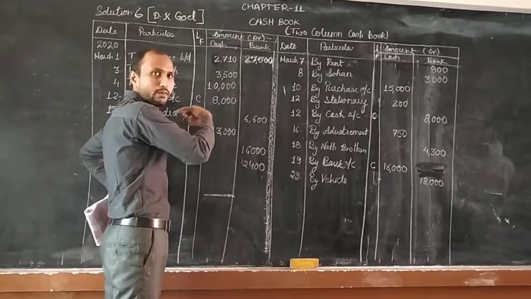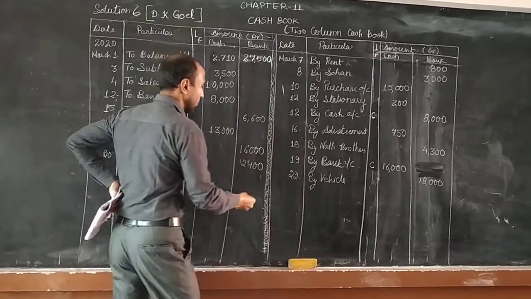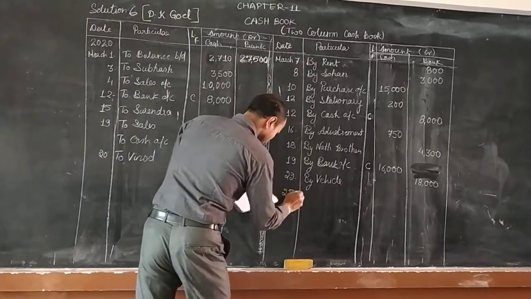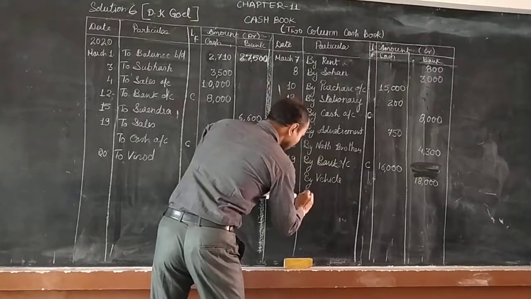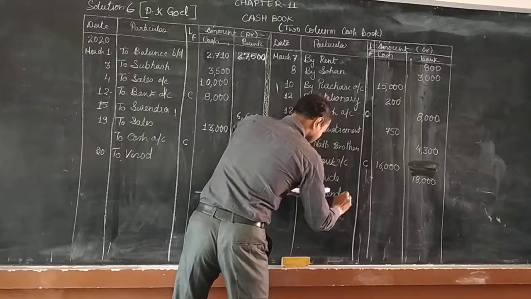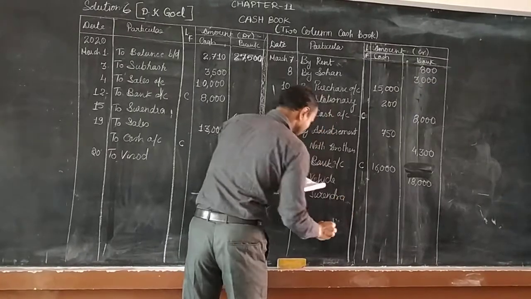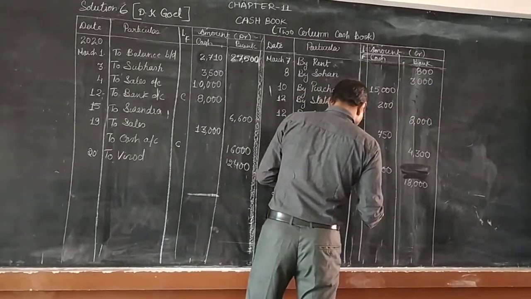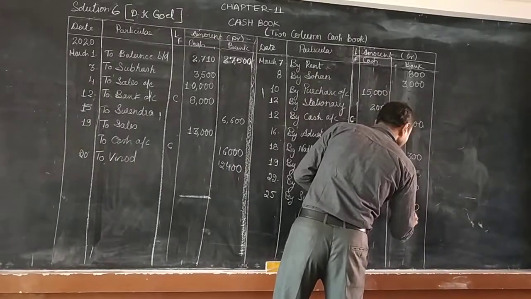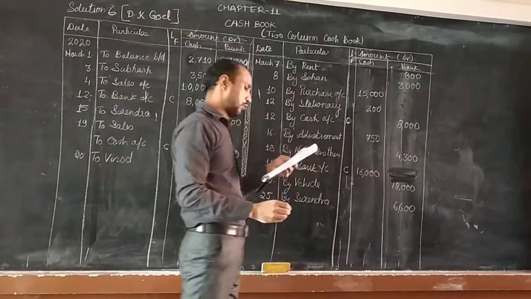We can't keep this on our side. Yes, sir. We will remove it. So it is on Surender's check, 25. So here we will write on the name of by Surender, S-U-R-E-N-D-R-A, Surender, and it is what? बैंक कॉलम we will write 6,600 क्योंकि हमें बैंक कॉलम को कम करना है, पैसे को कम करना है.